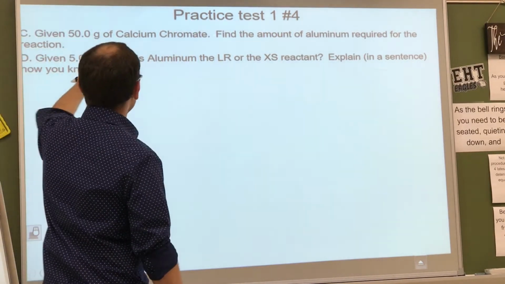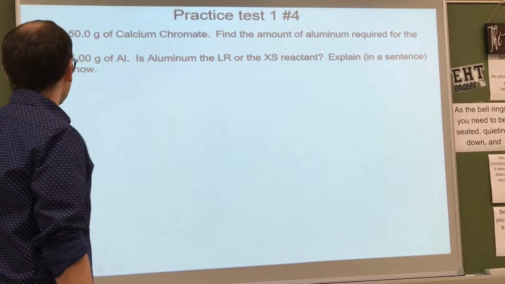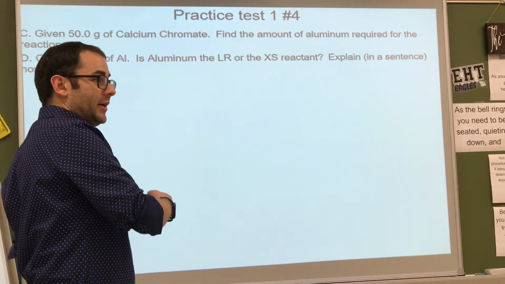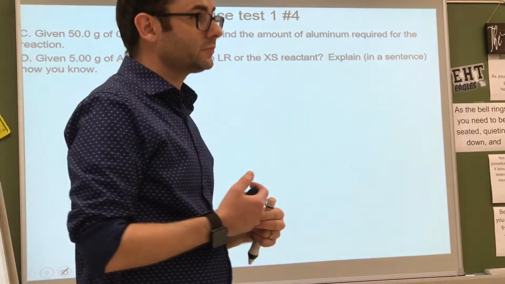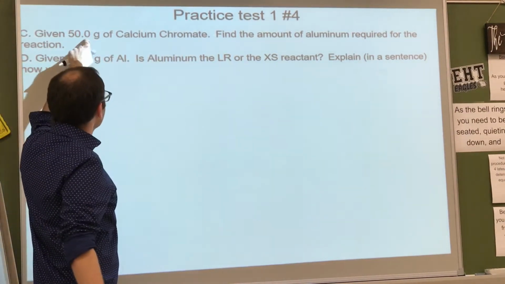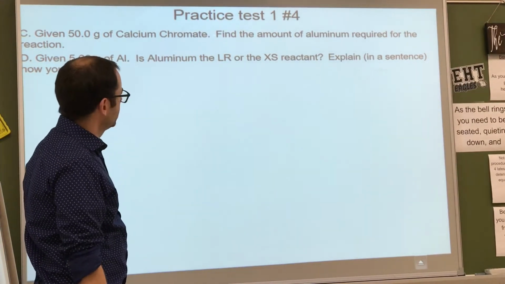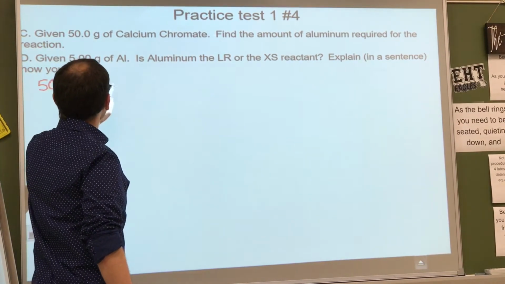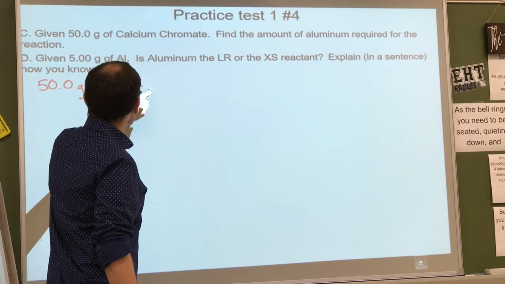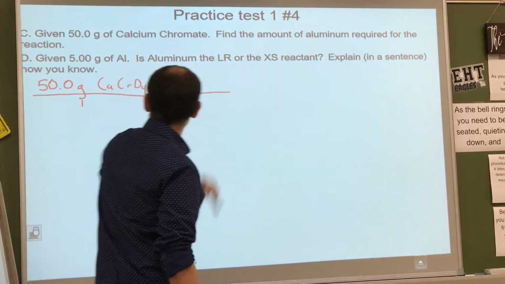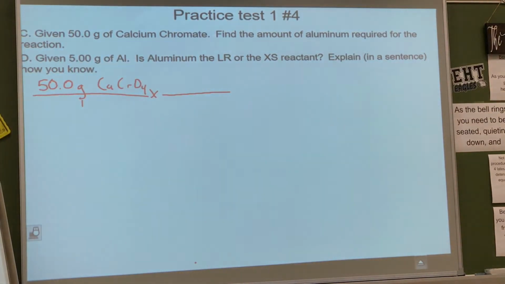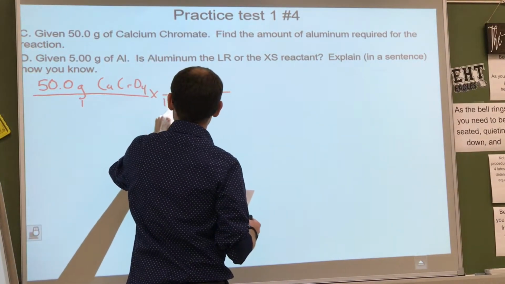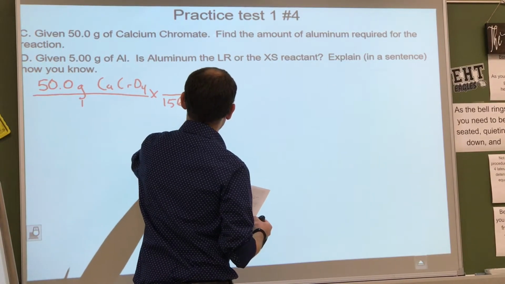All right, so C, now we're getting into some problems here. It says, given 50 grams of calcium chromate, find the amount of aluminum required for the reaction. So what are we going to do in C? Start with what and then convert it all the way to what? Yeah, we're going to start with the 50 grams of calcium chromate, and then we're going to convert it into grams of aluminum. All right, so let's do that. All right, and we need a molecular mass to do that, which I happen to have. It's 156.08 grams of